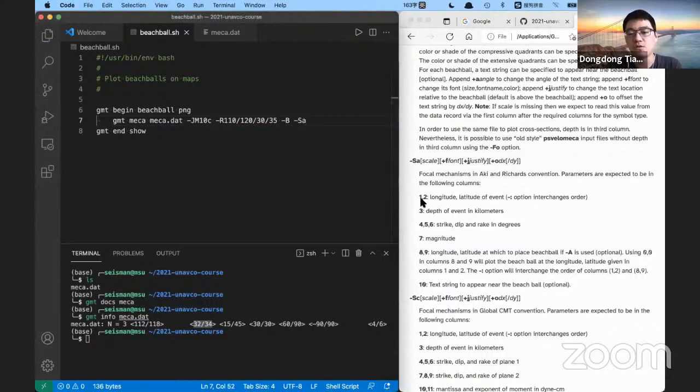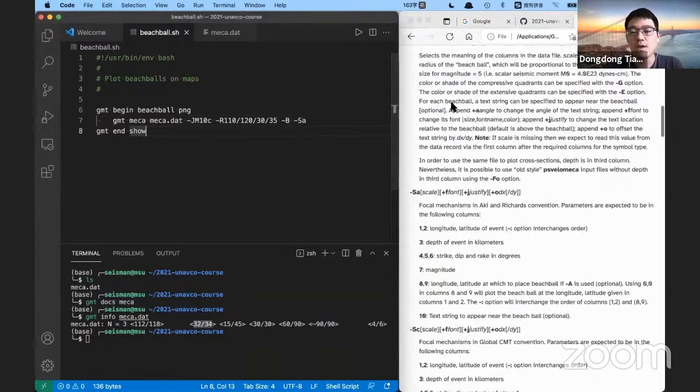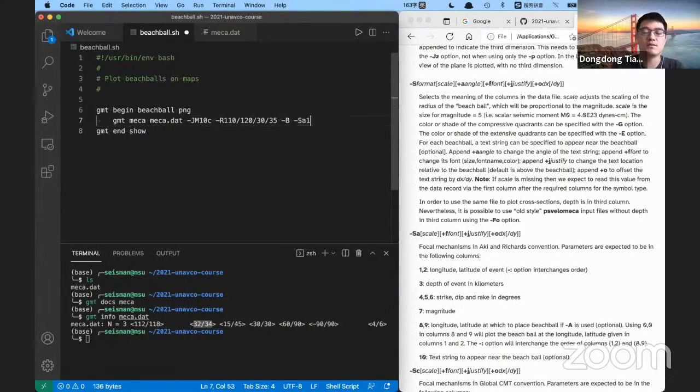It means that we need to provide the longitude, latitude, depth, strike, dip, rake, and the magnitude. Then we can give the scale, the size of the beach ball. Here we use a size like 1 centimeter. This size is the size for the magnitude 5 earthquakes. And for smaller earthquakes, the beach ball will be smaller. For large earthquakes, the beach ball will be larger. Then we save this file and run the script,